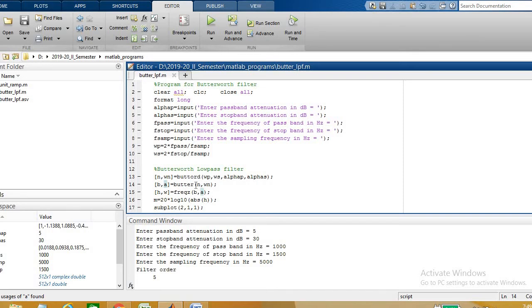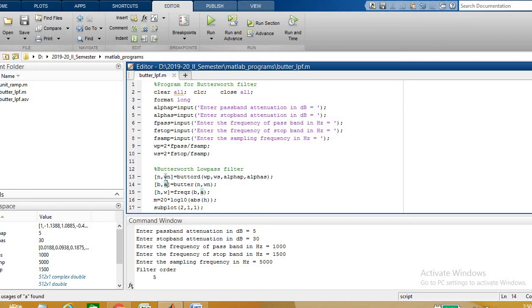Now h comma omega is used to find the frequency response. freqz is used to find the frequency response using B and A.